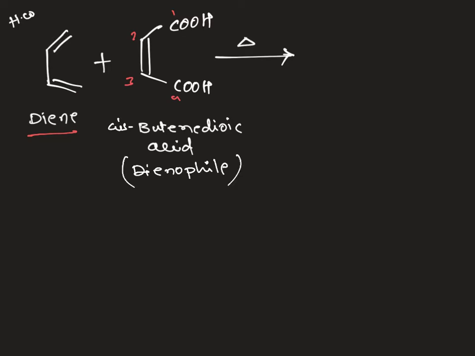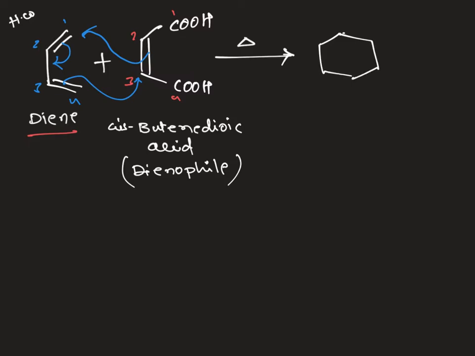How does the formation take place? This alkene double bond is involved in the Diels-Alder reaction with respect to the dienophile, which is given to this carbon, 1, 2, 3, 4, and this pi bond migrated here. This pi bond is attached at this position, which forms a cyclic adduct, a 6-member cyclic adduct.